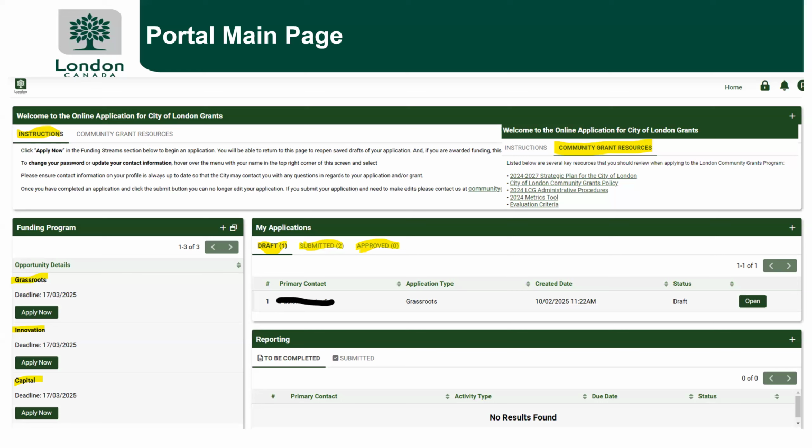And in this example here, obviously we're in draft. We started a draft application. So you can see that that application is in draft status. Once that's completed and submitted, it would move into the submitted chart. So when you go in under drafts, it wouldn't be there anymore. It would be under the submitted tab. And if it's approved, it then moves into the approved tab. And if you're funded, you will get into the reporting system, and then you would obviously be using the square below that is about reporting.